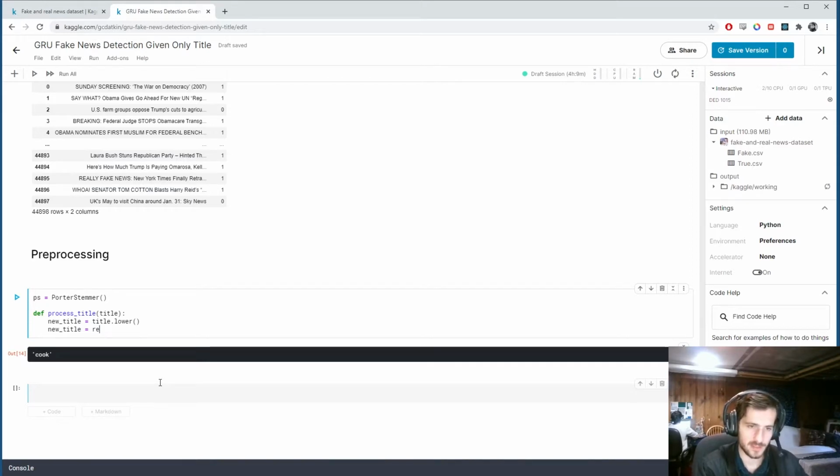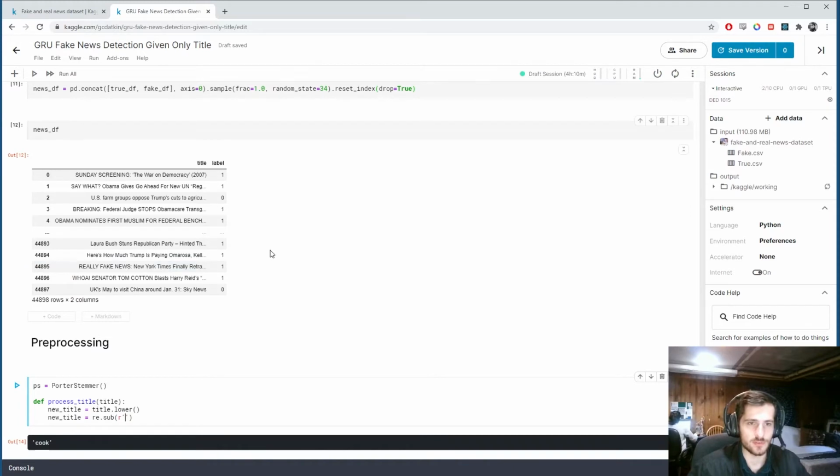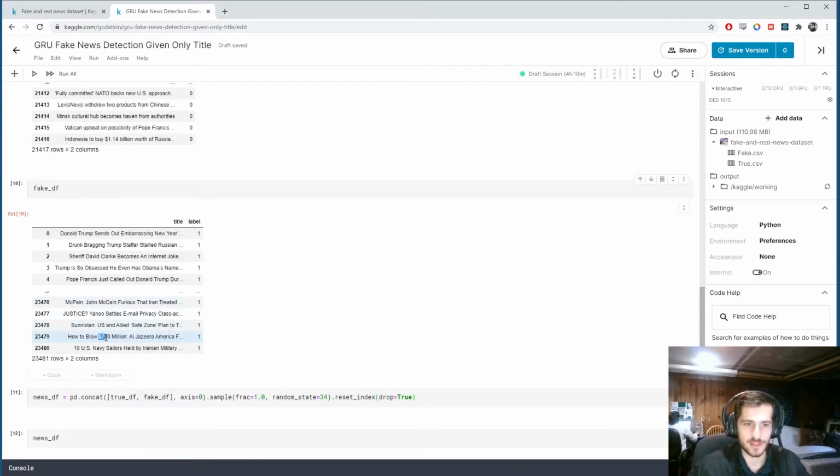So new title will be, now I'm going to use regular expressions. The dot sub will allow us to substitute a pattern, like some part of the title that's captured by the regular expression. We're going to substitute it with another value. So here will be our regular expression. And what I'm going to do first is I'm going to try to find any dollar amounts and just convert that to dollar. So